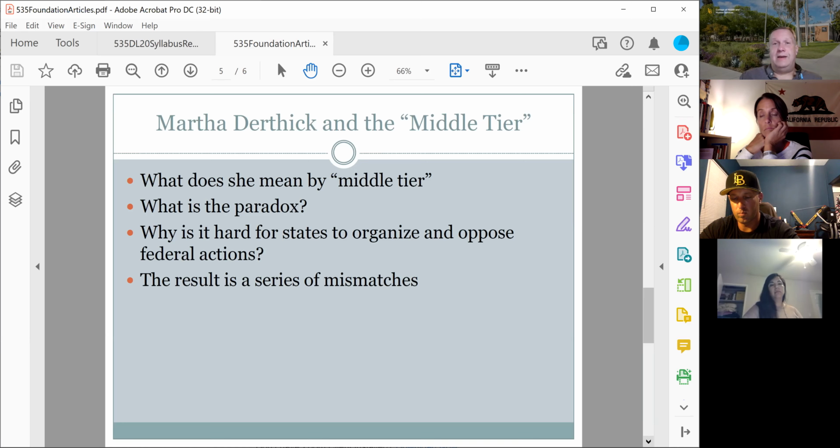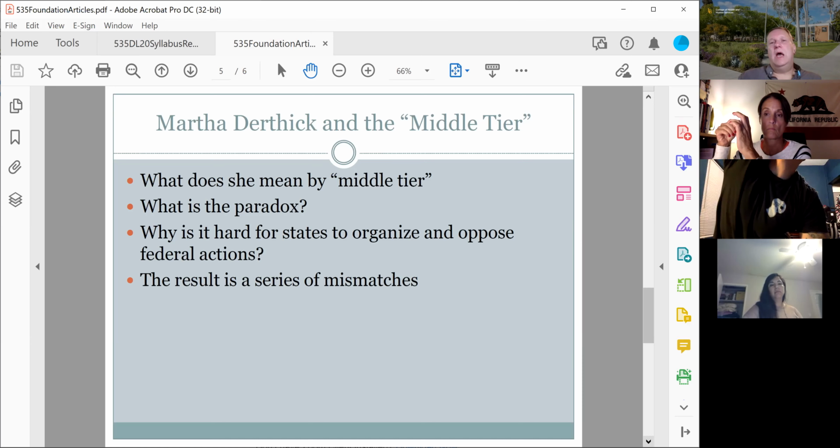Now, states have tried to join together to fight back and push back on federal intrusion. Next week, we'll talk about the Kamisa article. The Kamisa article talks about some of the ways in which states have fought back in creating these public interest groups, and things like the National Governors Association, the National League of Cities, the National Conference of State Legislatures, the National Conference of State Budget Officers,